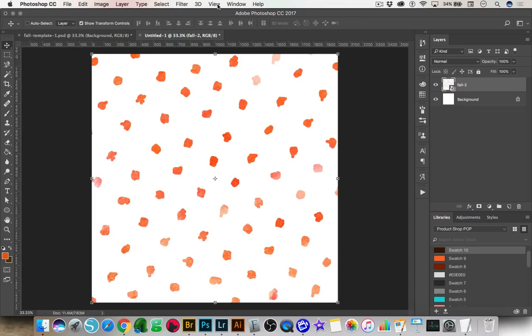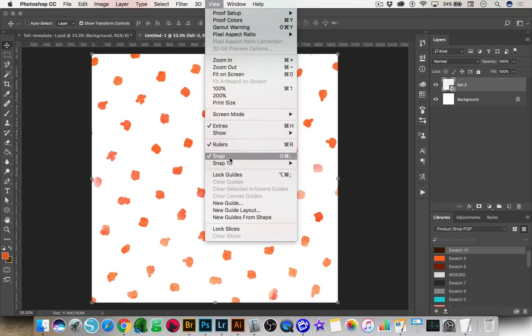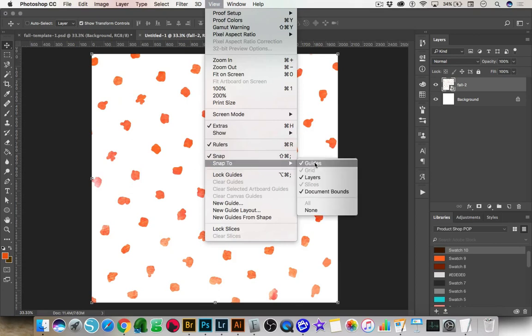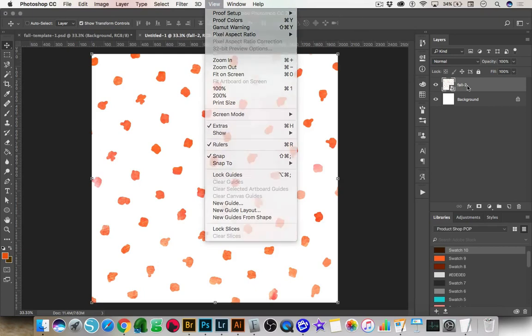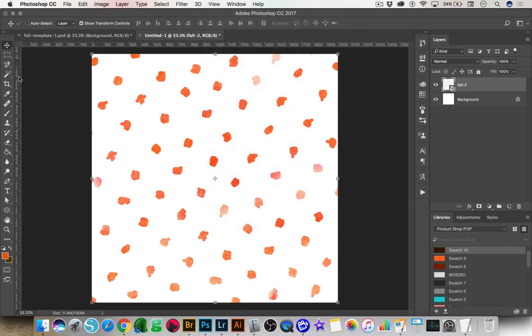Now before I add my text, I am going to make sure that I have my snap turned on. So if you go under View, you'll see Snap checked, and I have it snapped to Guides, Layers, and Document Bounds, and this will just help me center my text up in the middle of my document. So I am going to do a sign for a free gift. So I'm just going to, again, use kind of a darker brown color,